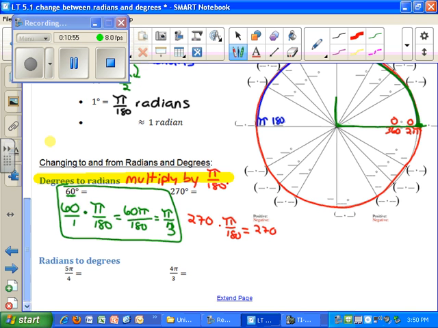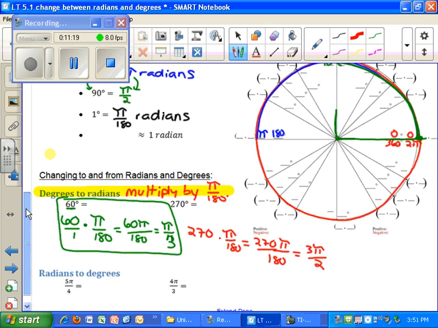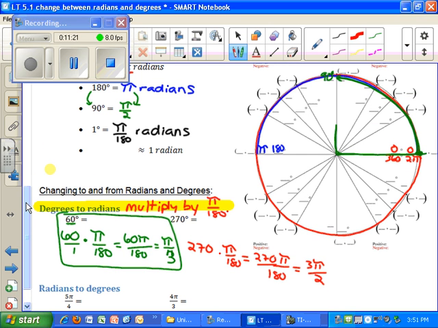So we get 270 pi over 180. And that will simplify to be 3 pi over 2. If you simplify 270 over 180 and get that into its simplest fraction, it'll be 3/2. And so if we want to try to find some of these measures on that unit circle, let's start with